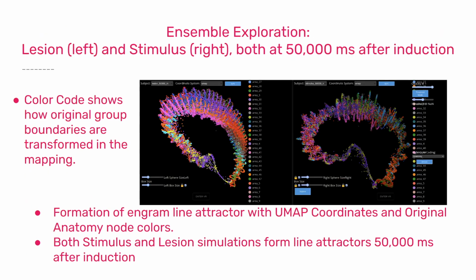This shows an ensemble exploration. So the left is a lesion and the right is the stimulus, both at 50,000 milliseconds after induction. The color code shows the original boundaries are deformed after mapping. The formation of the line engram at the UMAP coordinates, and both stimulus and lesion simulations form line attractors after